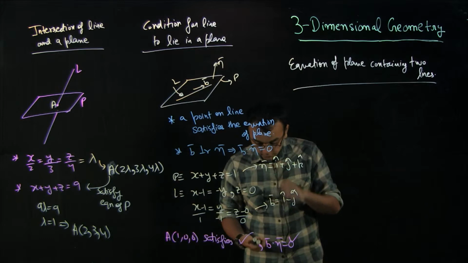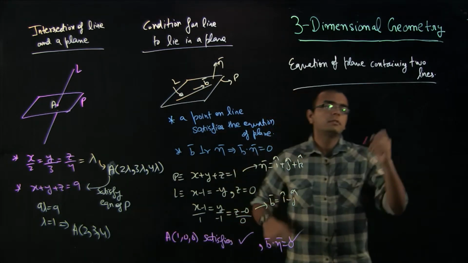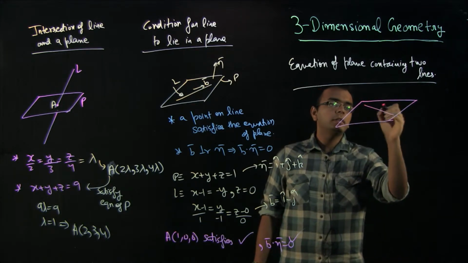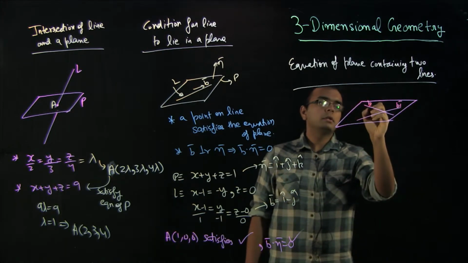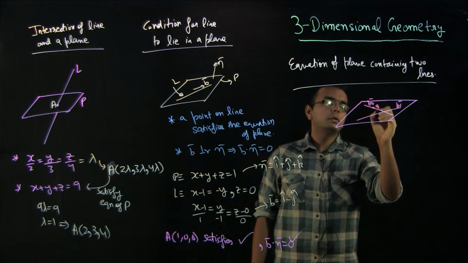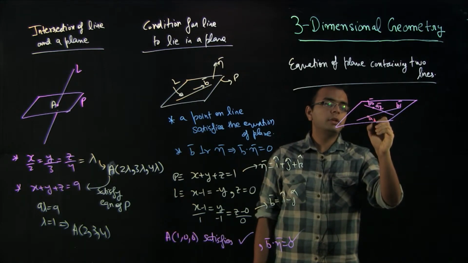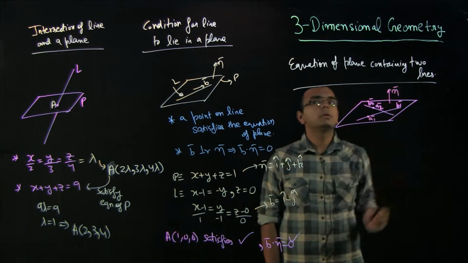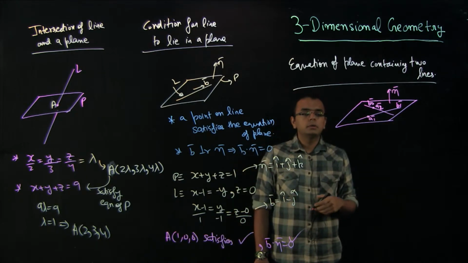Okay. Now the last topic, which is one of my favorite topics of this chapter, and that is if there are two lines, let's say like this and like this. So this is B1 vector, this is B2 vector. There is some point A2 and some point A1 here, and then there is a normal here. So now there are two things.